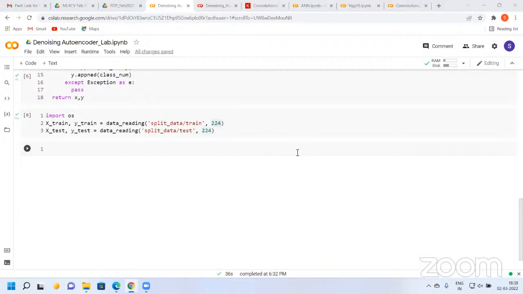Second, when you are writing the unzip command, unzip space the zip file name, there you can write unzip space, and copy the path of the zip file. I think it is clear now. In CD, give the path of your drive. In unzip, give the path of the shared drive zip file. And when you are pasting the zip file path, wherever